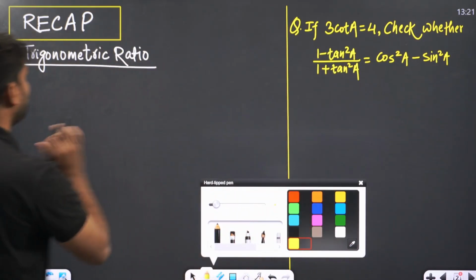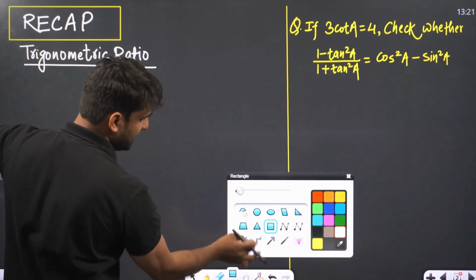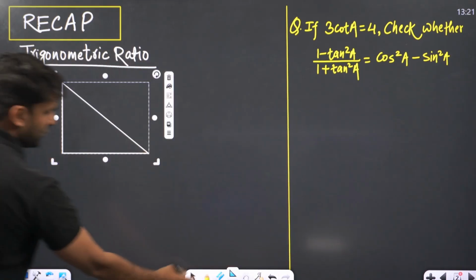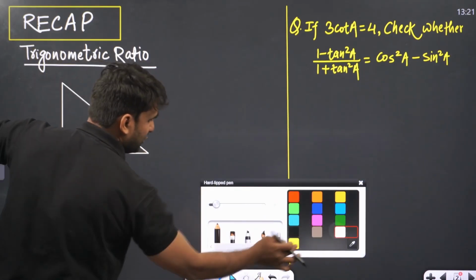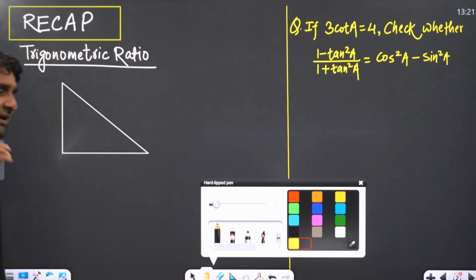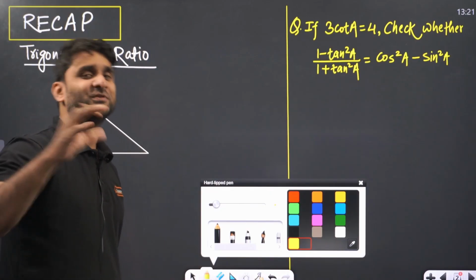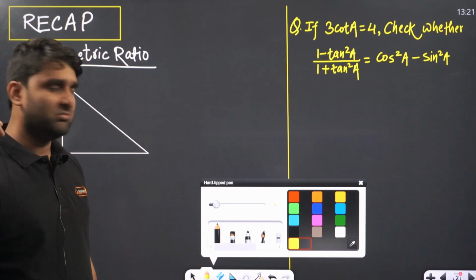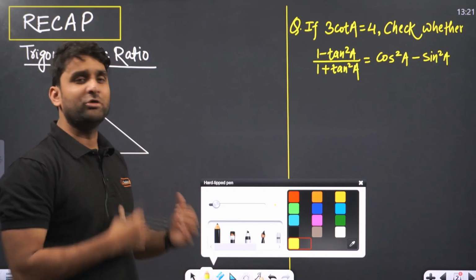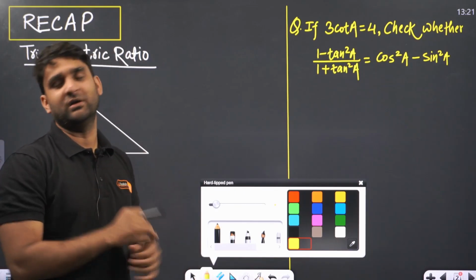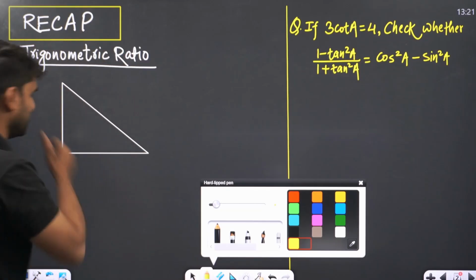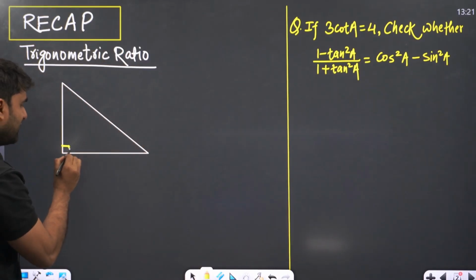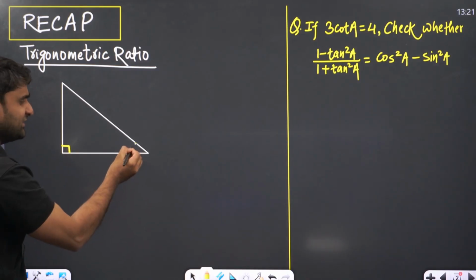So basically in trigonometric ratio, listen everyone, I have a right angle triangle. The right angle triangle covers 80-90% of this chapter, my dear. Most of the trigonometric operations are based on the right angle triangle. Let me show you one thing. So this is the right angle triangle, the right angle here is 90 degrees, and let's say this is the angle theta,